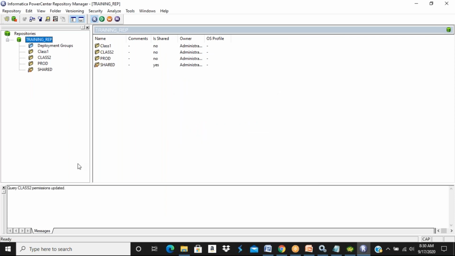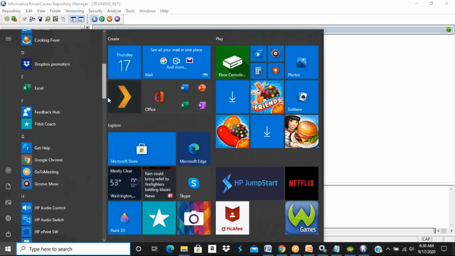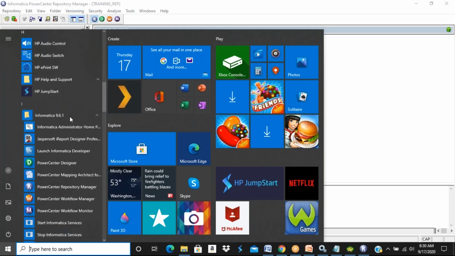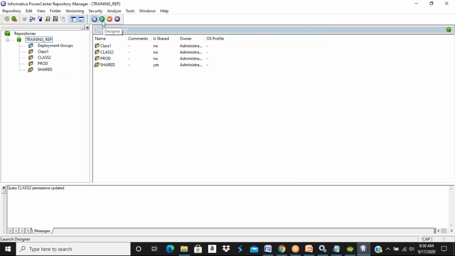So what will be the next client component? PowerCenter Mapping Designer. So how are you going to connect? Start, All Programs, Informatica, Mapping Designer. I'm providing training on 9.6, but it doesn't make any difference whether you're getting trained on 9.6, 10.1 or 10.2, because I'm going to explain the same concepts even if I train on 10.1. To explain the enhancements in 10.1, you require an environment which no trainer can provide. So don't worry about the version. Okay. From here you can connect to the client component, or else from here. Okay, it's a shortcut.